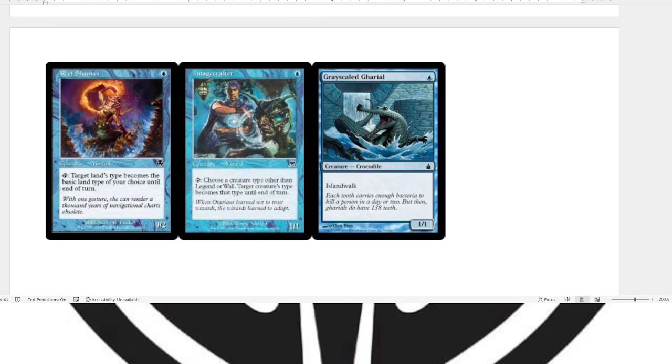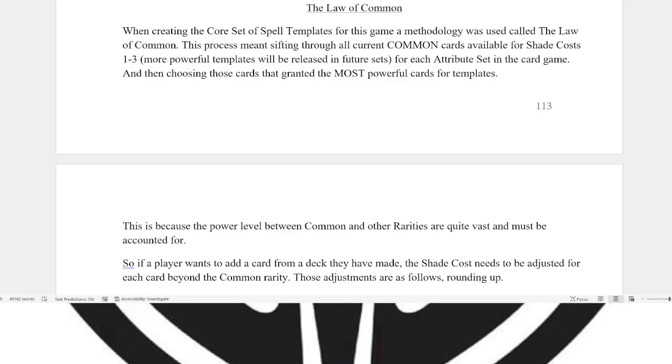Now, the Law of Common is as follows. When creating the core set of spell templates for this game, a methodology was used called the Law of Common. This process meant sifting through all current common cards available for shade costs 1 through 3. Only the shade costs of 1 are released in the core set for each attribute set in the game. So, for a cost of 1 shade or 1 mana, that is a common,